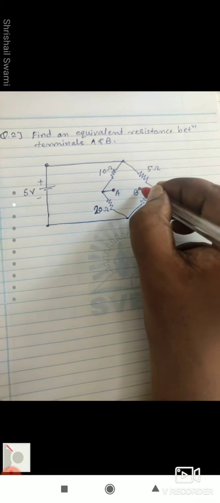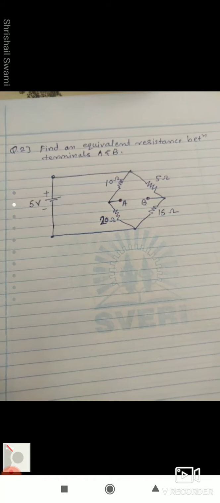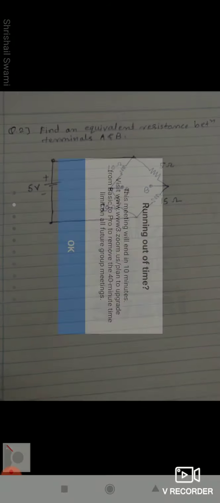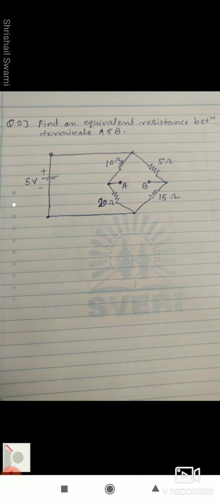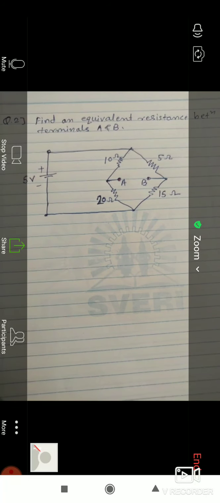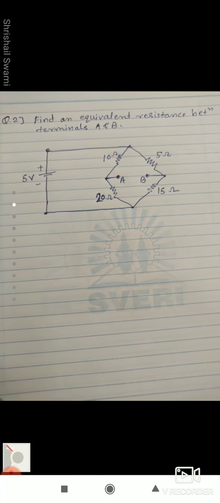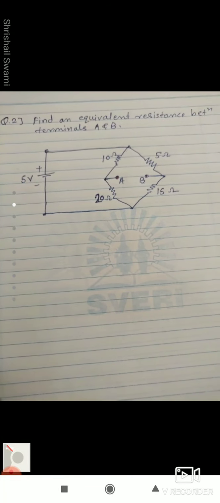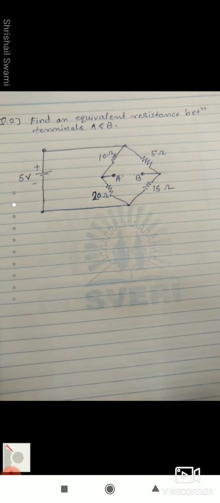First of all, you have to check whether any resistor is connected between the two terminals A and B. As in this network, a resistor is not connected here. So in that case, it is already open. If a resistor is connected between A and B, you can simply remove it and make it open. Already this part is open, there is no component here.